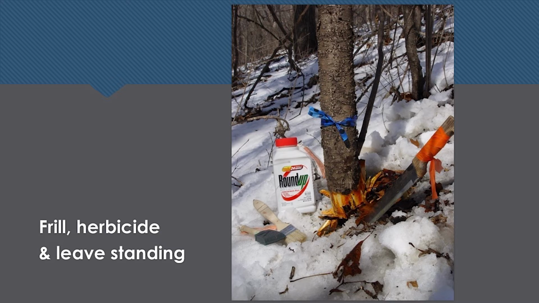So you can buy it usually in that 18% to 20% range, but sometimes it's 41%. If it's 41%, you're going to have to dilute it halfway. Does that make sense? You have to put half water and half that herbicide into whatever you're going to use. Sometimes there's the ready-to-use weed spray. You have to look at the fine print, because sometimes that's 3% because it's already been mixed up. That's what RTU is. You'd spray the weeds in your driveway or whatever, but 3% is not going to kill a buckthorn stump. So you have to pay attention. But then you might find 10% that you can dilute. Oh my gosh, never mind. Too much information.